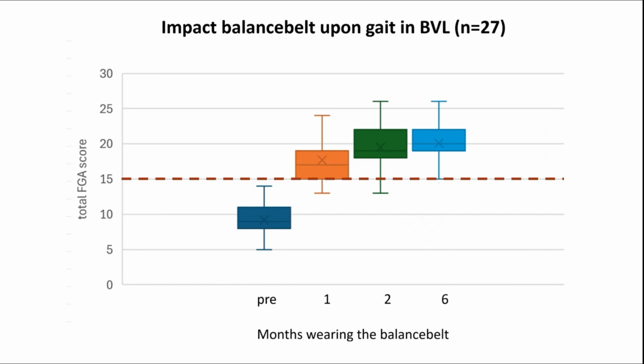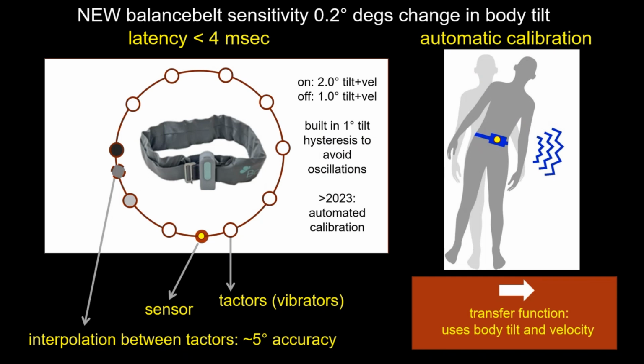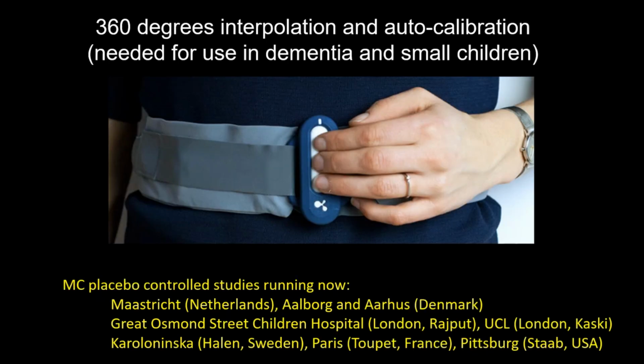So what about gait analysis? You can see the functional gait analysis also improving and holding for quite a long time. So we are still assessing the rest. Now we have this final belt, and if you want to try it, we took a number of belts with us so we can try it. You can adjust the sensitivity and the intensity of the vibration, so as to fine tune it to a specific patient.